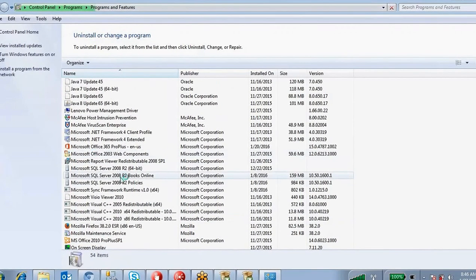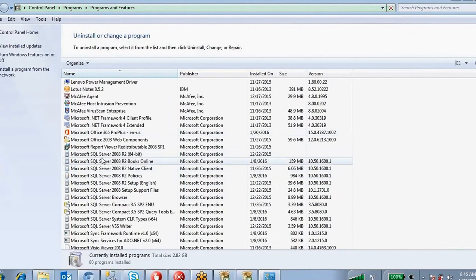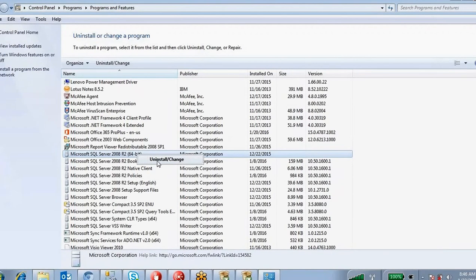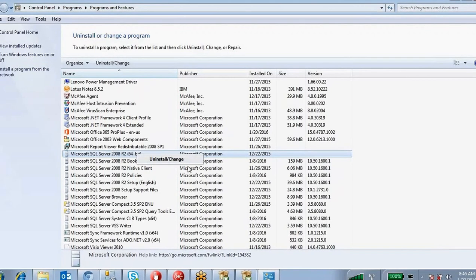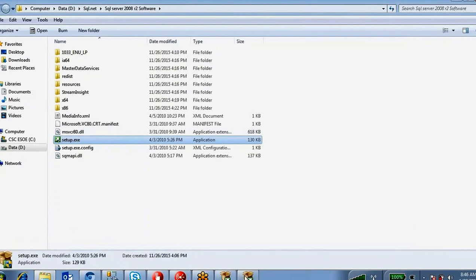See, this is the Microsoft SQL Server 2008 R2 64-bit. You just right click and uninstall. Okay, so if you uninstall this one, you can restart your machine and start the process again, whatever process we have used. Okay, you just click on this setup.exe.